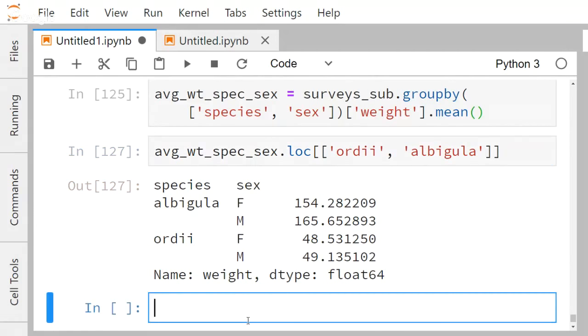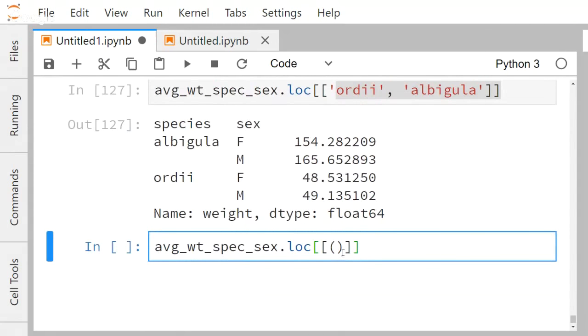The way to do that is, instead of giving it a list denoted by these square brackets as we've been doing so far, we instead give it tuples, which are denoted by the circle brackets. So first off, I'm going to use the look command as normal. Actually, I do still give it a list, but instead of just giving it strings, I'm going to give it a tuple. This is getting more and more complex to keep track of, but ordi female,